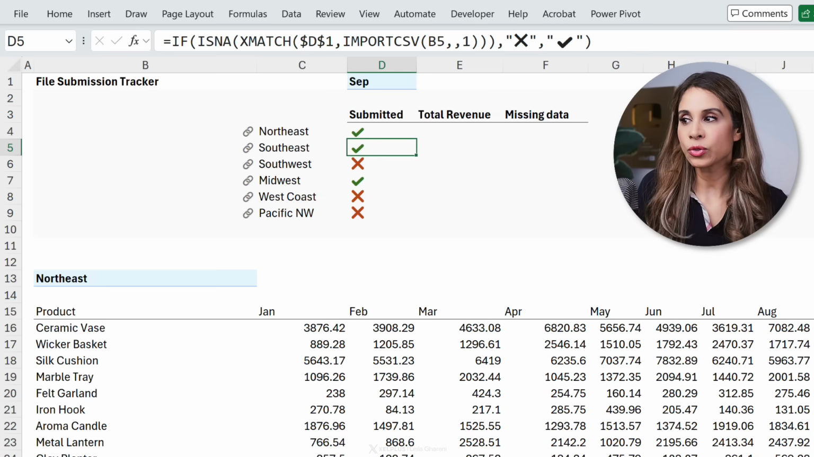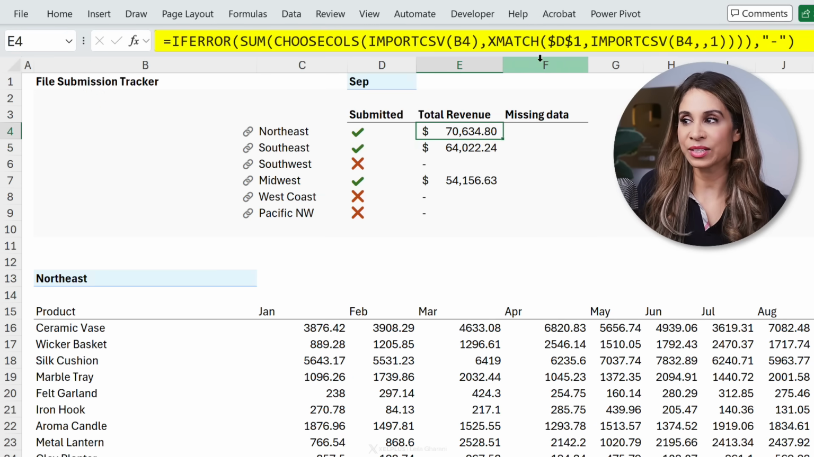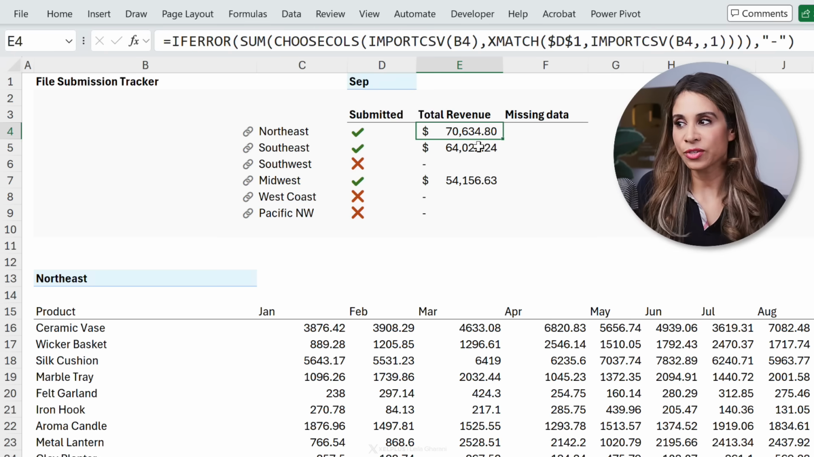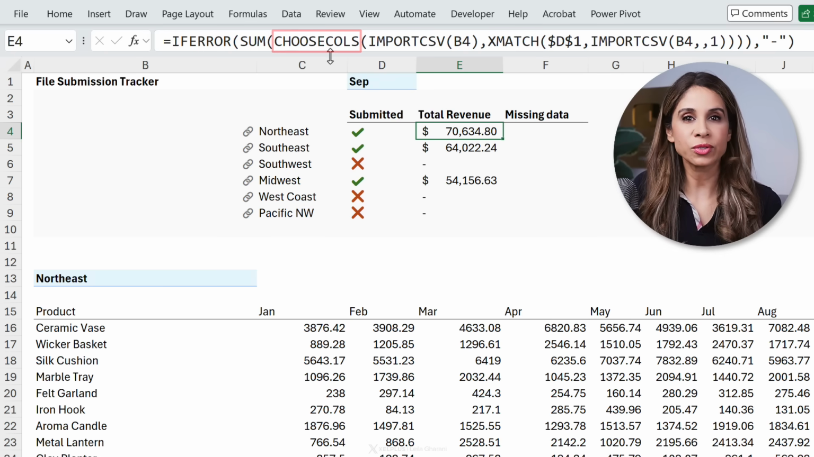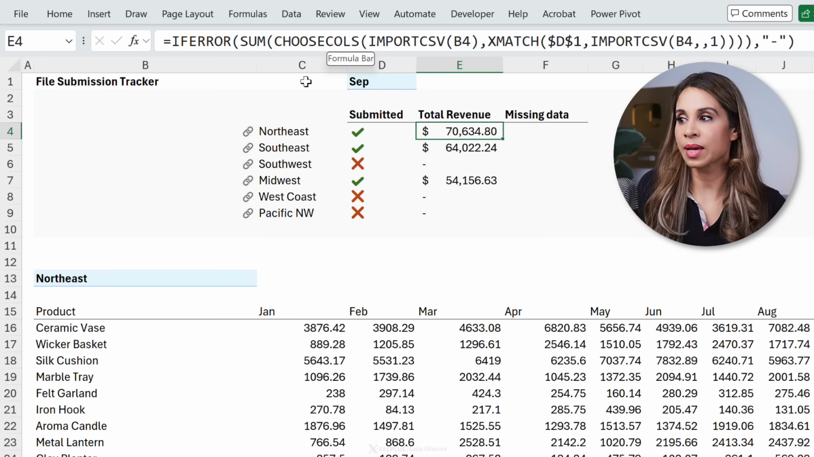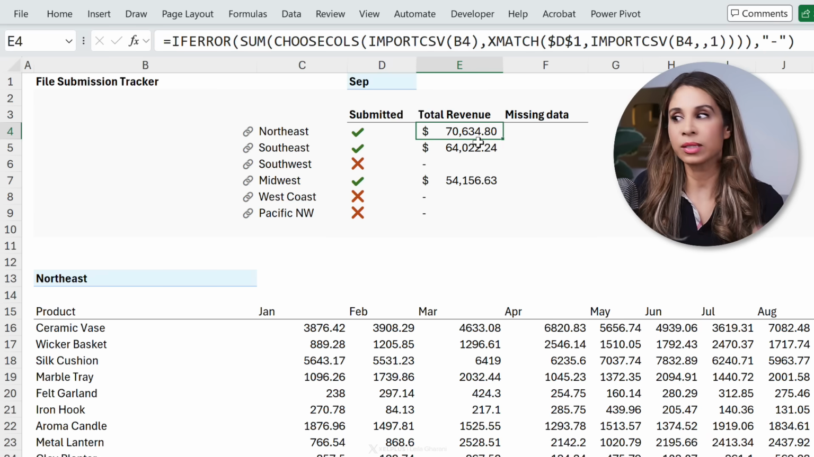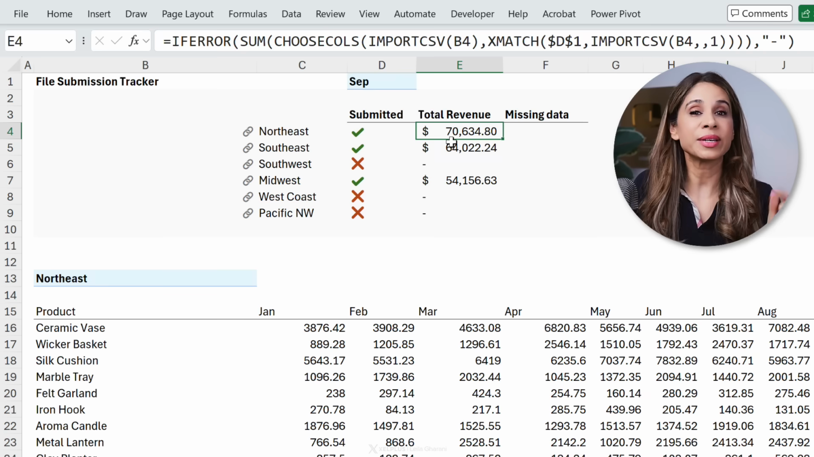Now let's take a look at total revenue. I'm not going to set this up from scratch, but here is the end result. It's using the same pattern. I'm also using CHOOSECOLS to grab the correct month, and then I'm using SUM to sum it up. If the month is missing, we're returning a dash here. Okay, so this way we're able to sum up an entire column from a CSV file